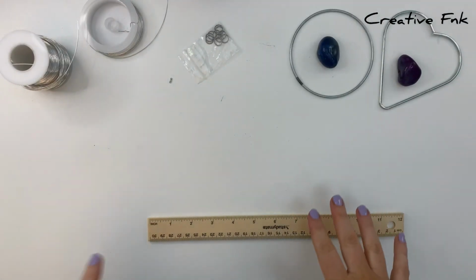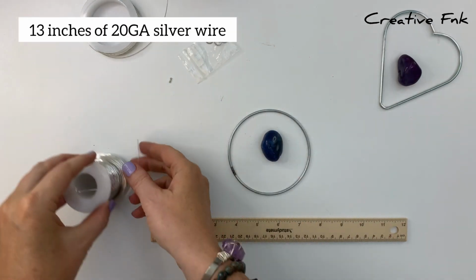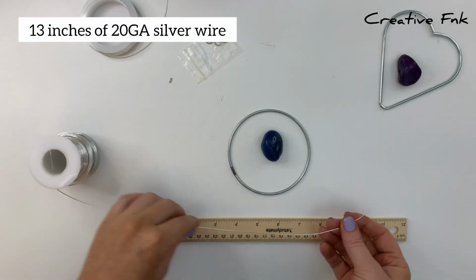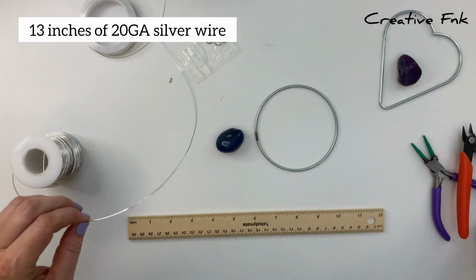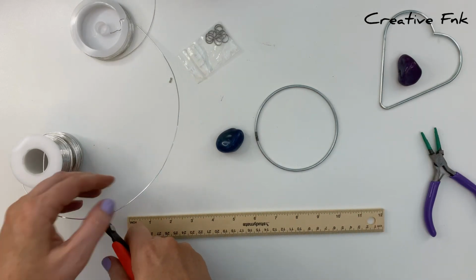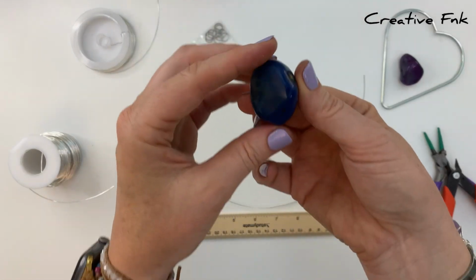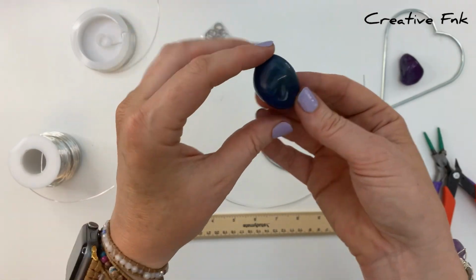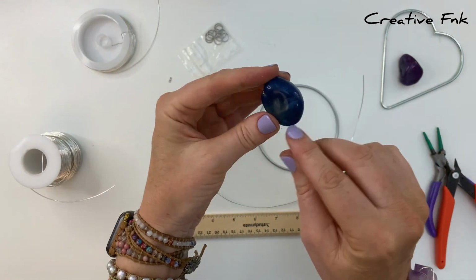Now starting with the circle shaped ring and the larger wire. For this design we need about 13 inches of 20 gauge dead soft silver wire. This is enough wire just for a sort of medium sized polished crystal. Raw crystals work really well as well. My crystal is about 1.5 inches long, so if it's much bigger than that you need to use a longer